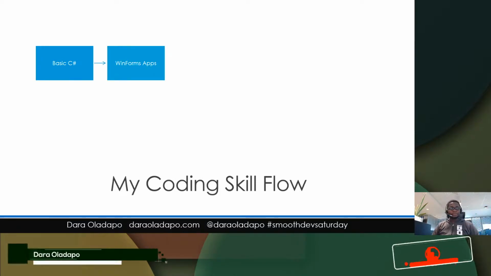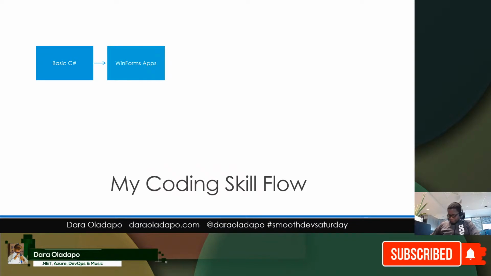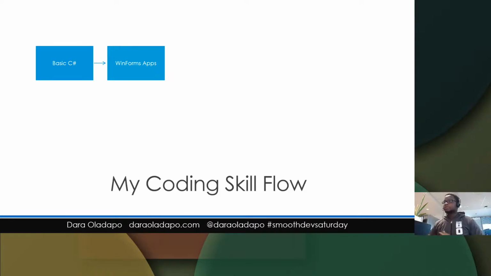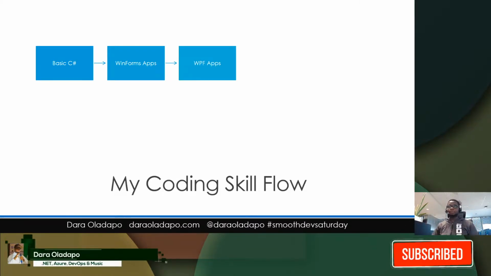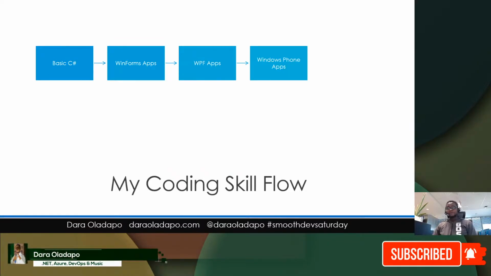For some of us that remember WinForms applications, I wrote WinForms for a couple of weeks and I got bored of it. Then I moved to WPF, that's Windows Presentation Foundation applications.